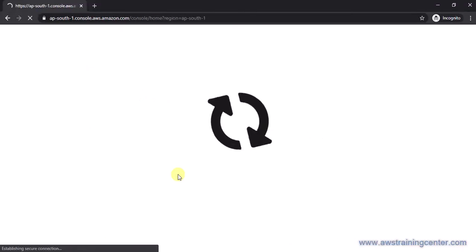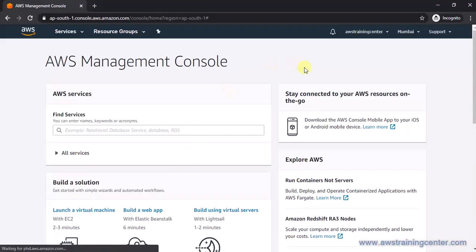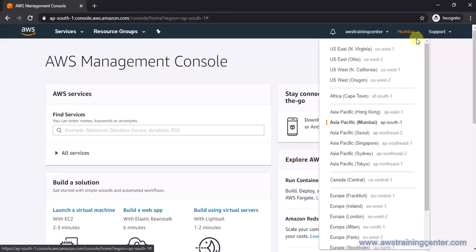Okay, so I am in my AWS account, and typically you will land in US East 1, but I had logged in earlier and changed my region, so this time I landed in the Mumbai region. You can always check from this tab which region you are currently working in. It happens initially that you are looking at your resources in the Mumbai region, but actually your console is in the North Virginia region. In my training, some students had faced similar issues, so always make sure you are in the right region. And as I said, you have access to all possible AWS regions.